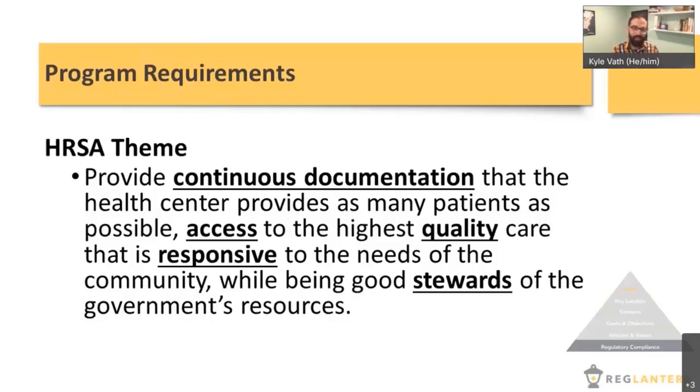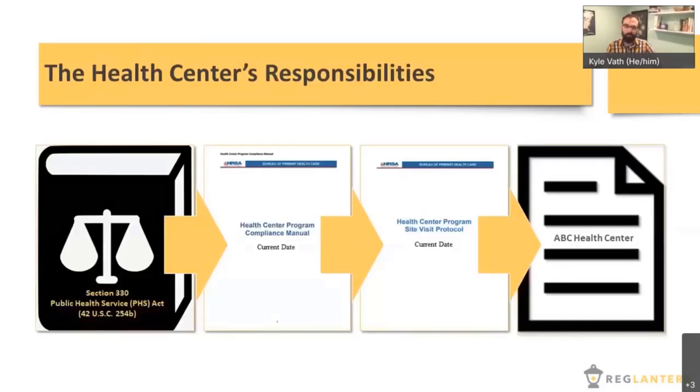So when we understand that theme and look at everything through that lens, I think things get really, really clear of what we are looking for and what we need to show and demonstrate documentation of: that access, that quality, that we're responsive to the needs of the community, and that we're good stewards of finances. So just be thinking about that as we talk through the different areas that we'll be talking about today in